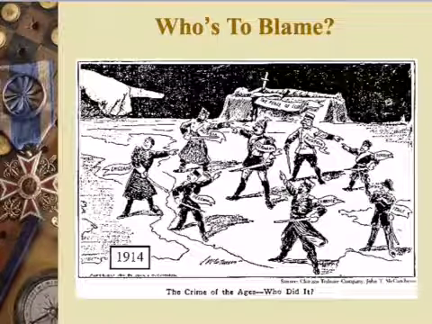So the big question becomes, who ultimately was to blame for this? Was the outbreak of war really simply this assassination, or was it really a combination of the four things we talked about: the militarism, the alliance system, imperialism, or was it this aggressive nationalism? And was truly the